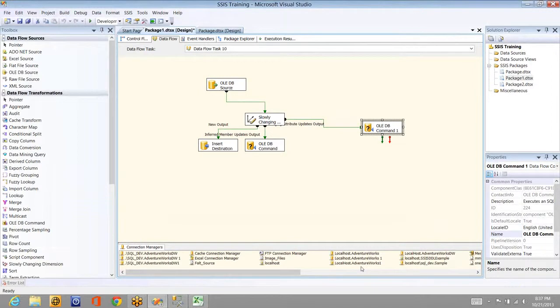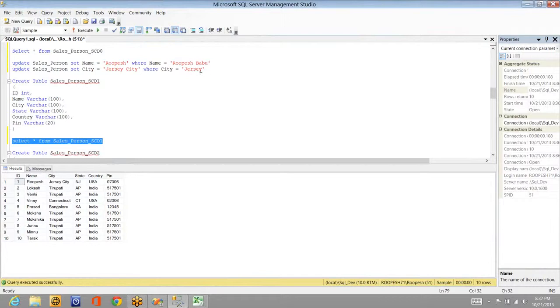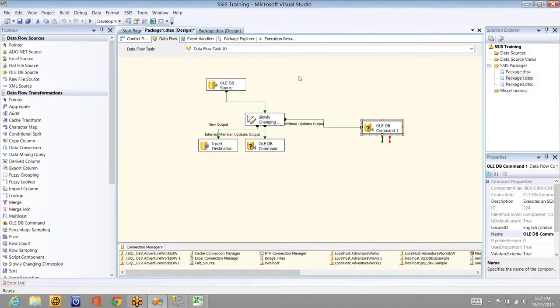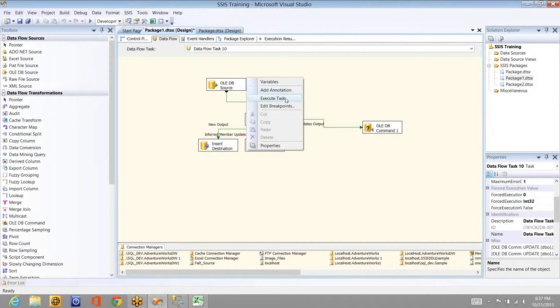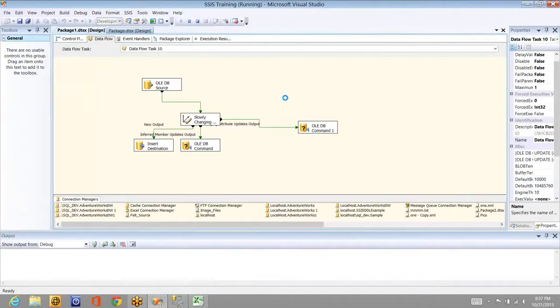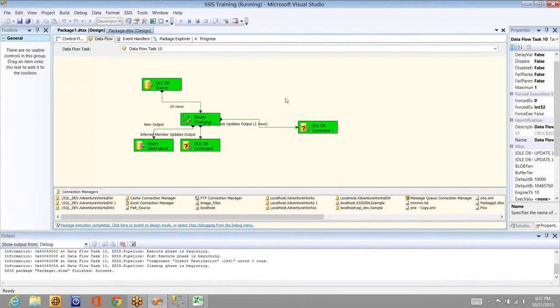Can you see any problem here in type 1? The major problem is, if anyone asks me what is my city, let's say Jersey City, now I'm changing it to USA. Can you tell me any other city here? Let's say XYZ, or I'll say Bangalore. Bangalore is not in US, but please bear with me. So I change it to Bangalore. And if I execute it, the destination will become Bangalore now. Okay, let's assume Bangalore is a new city in New Jersey state.